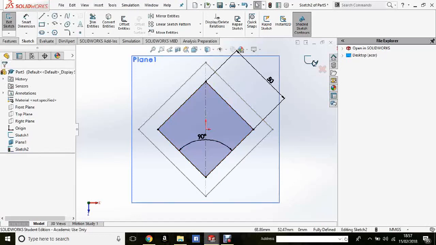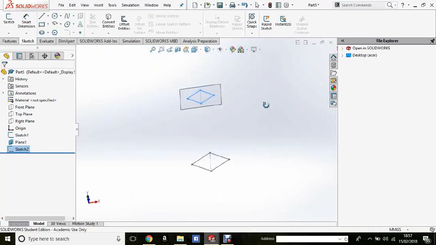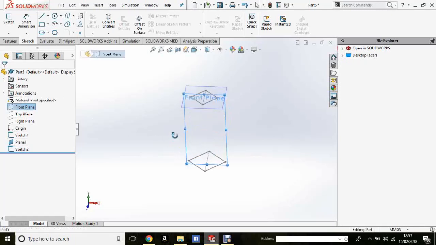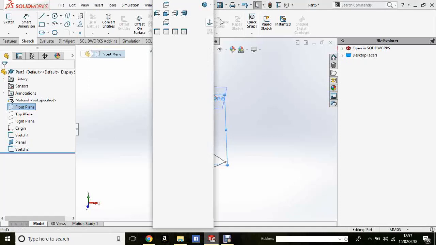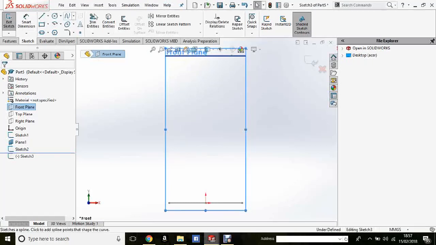So if we exit that sketch, and we've got 2 squares or 2 diamonds both above each other and they're different sizes. So we'll go ahead and draw a sketch onto the front plane. So select the front plane, spacebar normal to, and we'll go ahead and sketch. This time we want the spline tool,